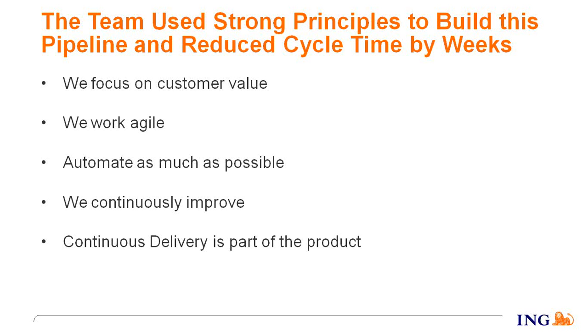And we also said, well, we have to work agile. And I think a lot of teams and a lot of companies switch to agile. And at this moment for us, the hardest struggle is not to deliver the software, but to plan for the future and not plan on a daily basis, saying, well, at that moment in Q2 we will deliver it, but really having the end state in mind and working towards it, and yes, being flexible to change from time to time, but also keeping an eye on what's the target we are moving to? Because if you understand the target and if you know the target, you can also improve your continuous delivery